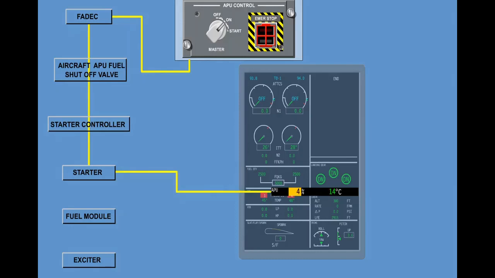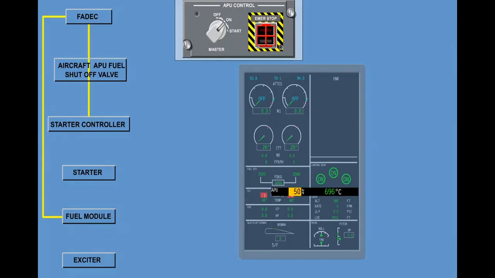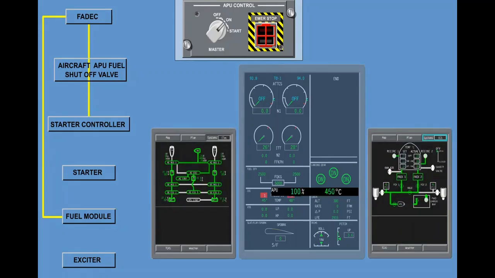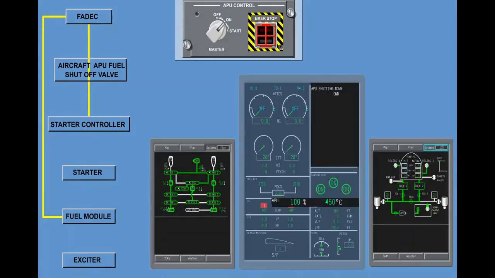Kung ang auxiliary power unit speed is approximately 7%, ang FADEC commands the fuel module to open and energize the exciter. At approximately 50% revolution per minute, the ignition exciter and the starter are de-energized and the auxiliary power unit runs on its own. Kung ang speed reaches 95% revolution per minute plus 3 seconds, ang electrical and pneumatic powers